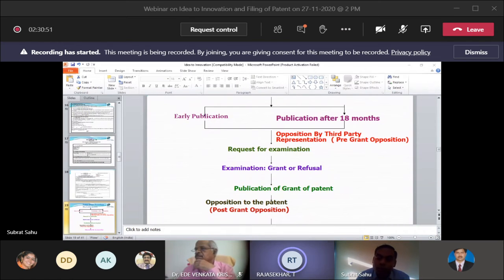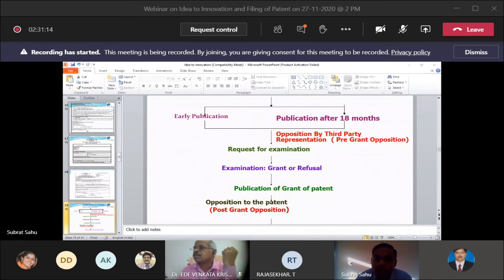We just revoke that patent, and we can further proceed with that patent on your behalf by providing a certain application fee or certain documents, whichever are needed in our Indian patent system. So this is the whole grant patent procedure which we generally deal with in our Indian patent system.